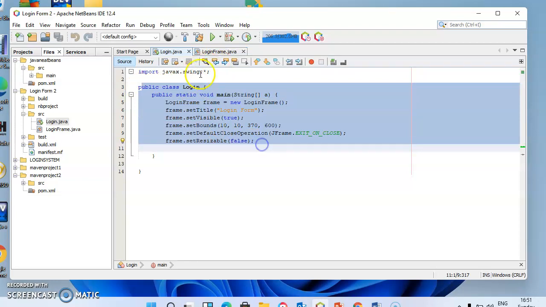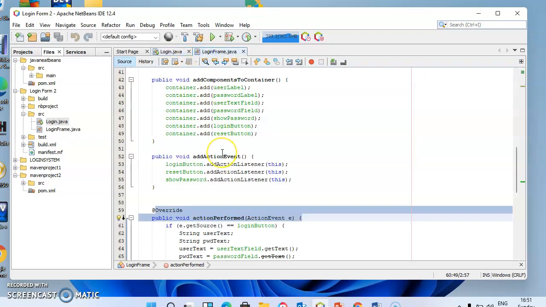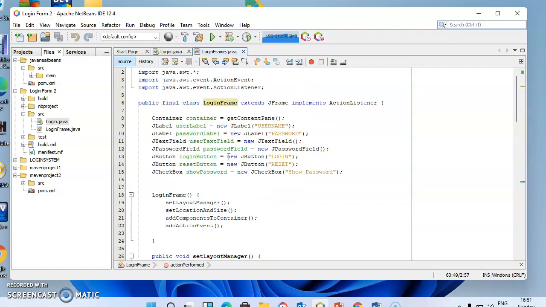Then another step is setting the layout manager of the JFrame. Now inside our LoginFrame class, we'll get the content pane of the frame using the getContentPane method. getContentPane returns a container reference, so we'll create a reference to the container. Now we are going to set the layout manager of the container. For this, we are going to create a user-defined method,